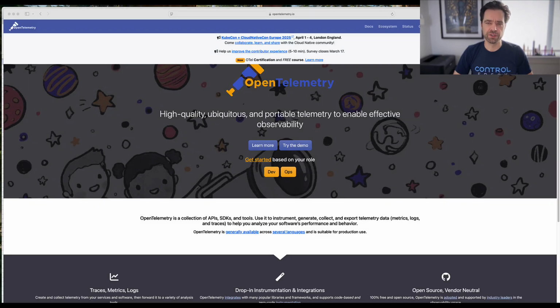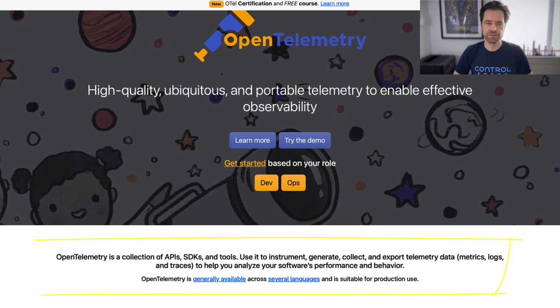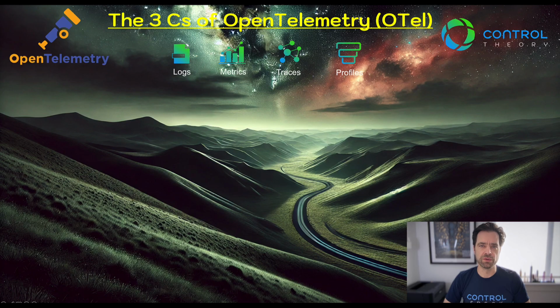For this OTel in a minute, we wanted to step back a bit and start with, what is OpenTelemetry? If we navigate to the OpenTelemetry website, we find a quote here summarizing it. It's a bit of a mouthful, and OpenTelemetry is really a pretty broad project with many different components. So when someone asks you, are you using OpenTelemetry, or OTel for short, it's natural to ask, what part? Let's take a look at the pieces and break them down a bit into what we call the 3 C's